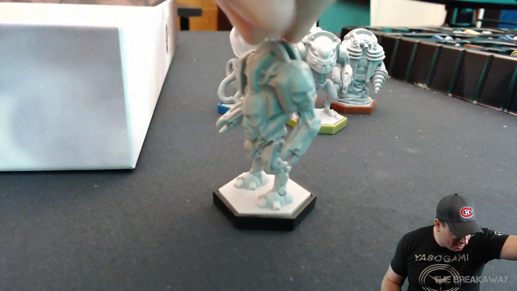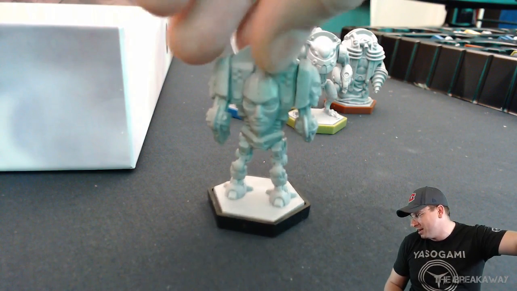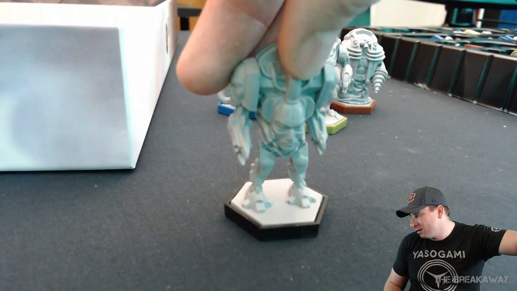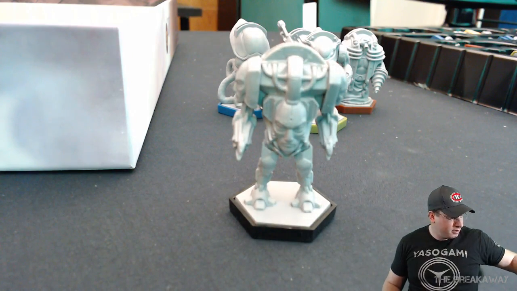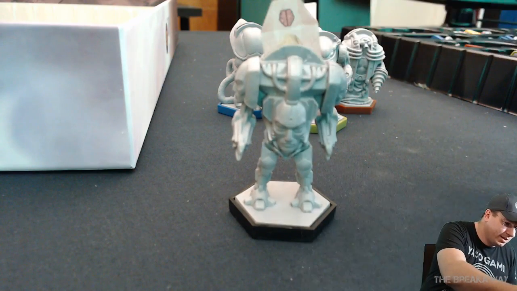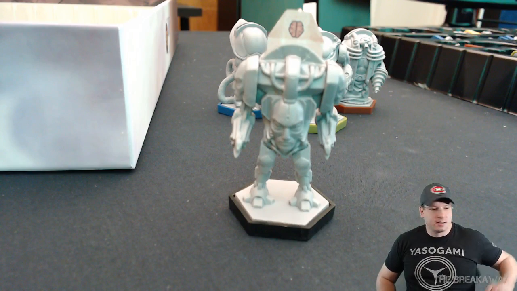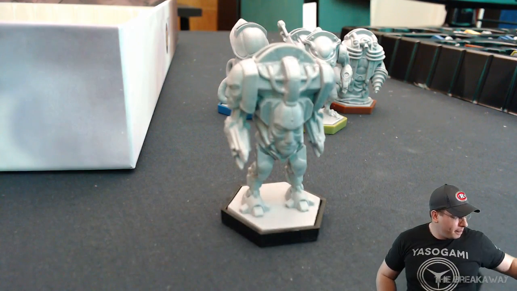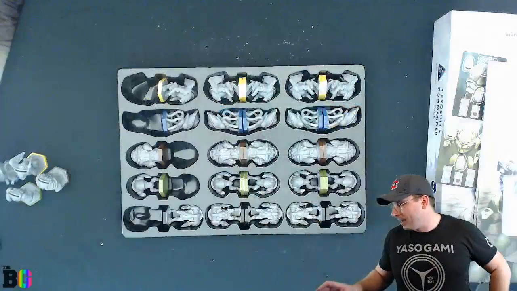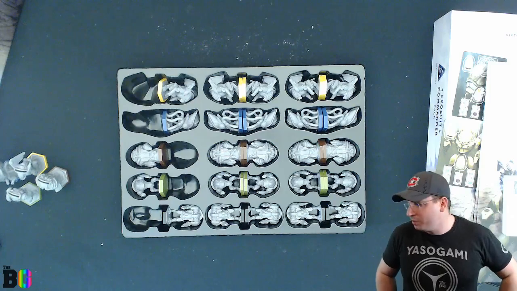I even got a face on the back just to make things extra creepy. All right, and again, just like all the others, a nice little slot for your pilots. So that's basically everything that is in this box. Again, this comes with 30 of these things. It's too bad that I have